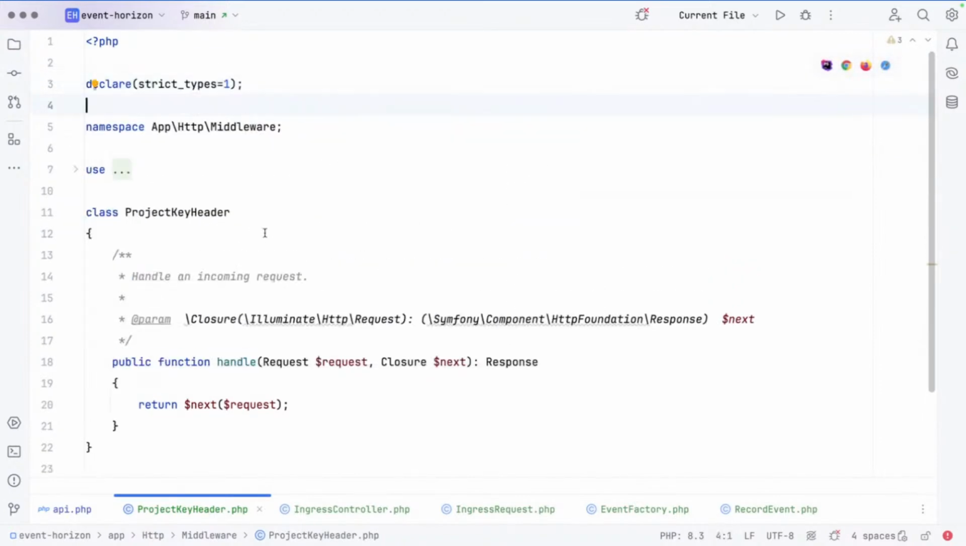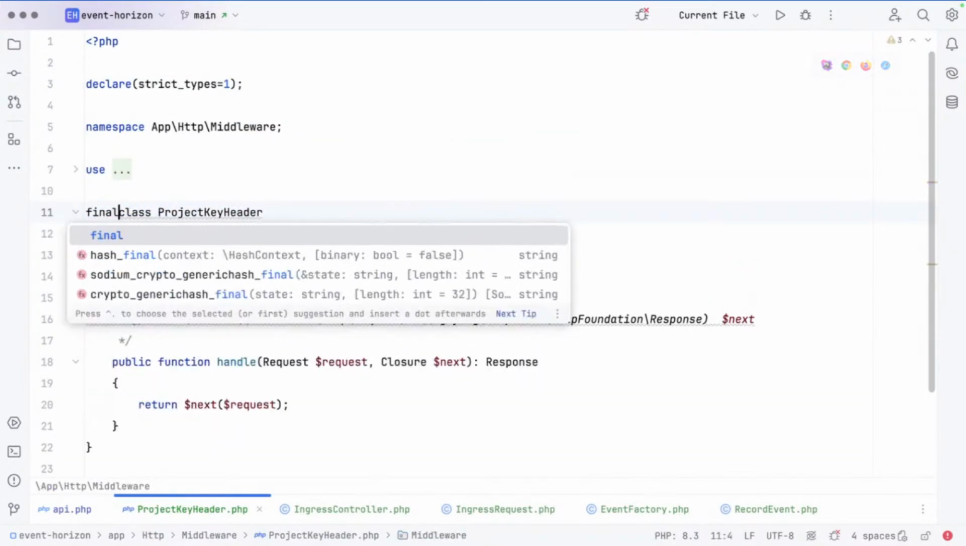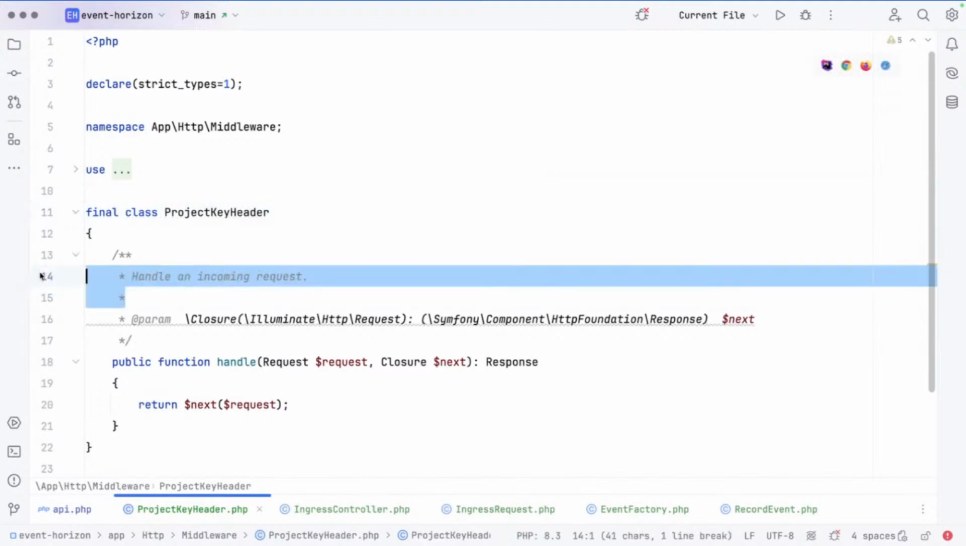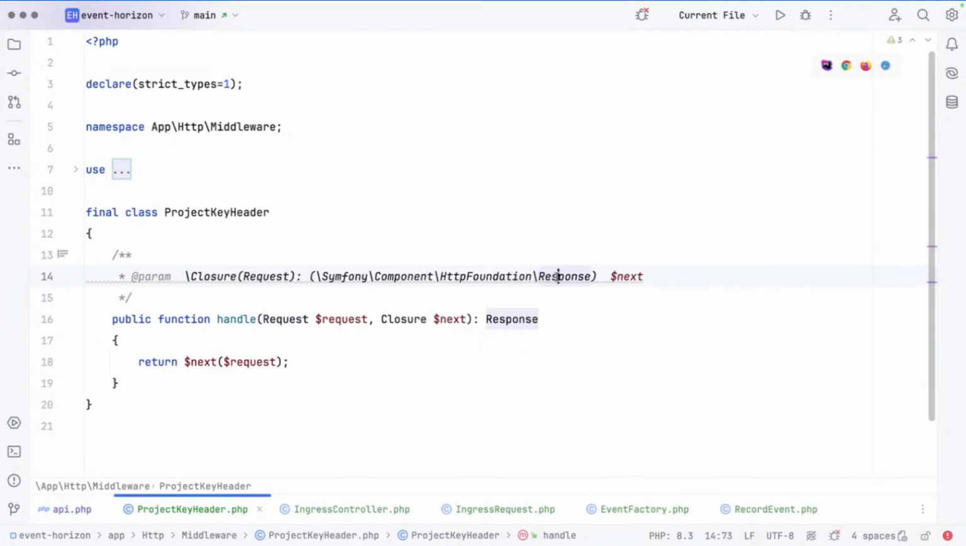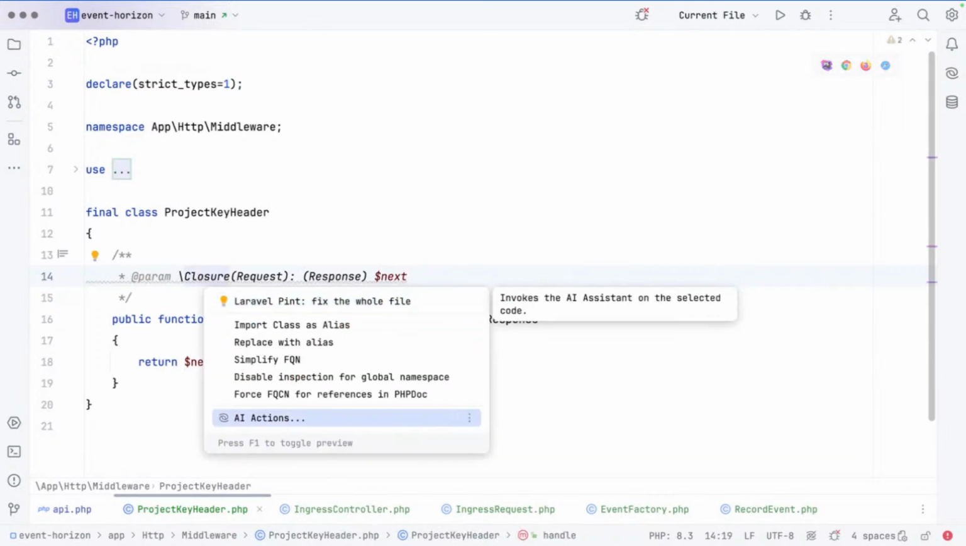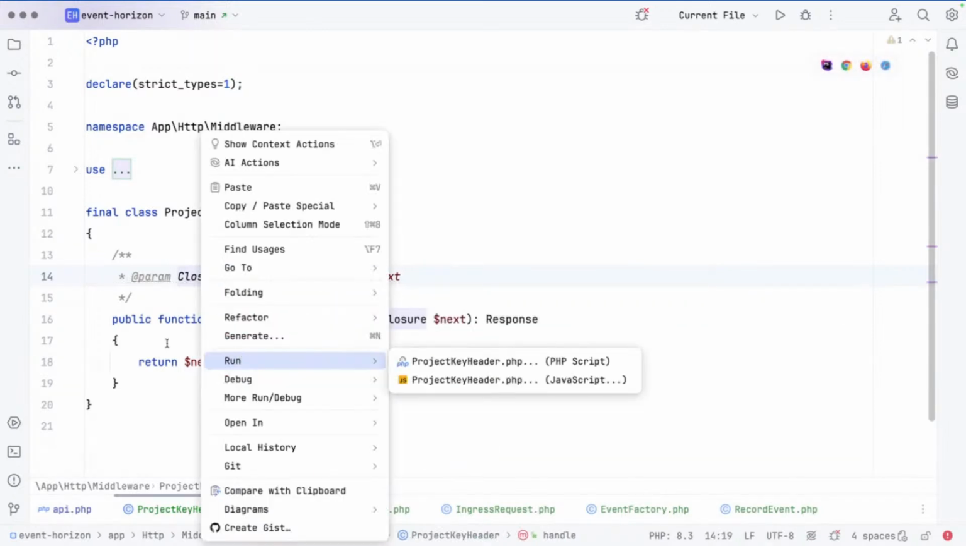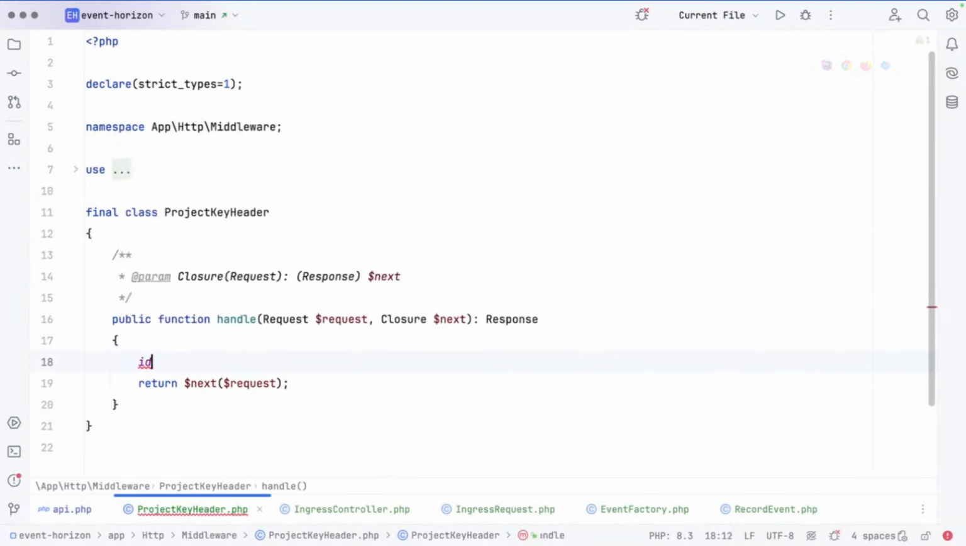Again, declare some strict types. Final. Drop this, and we're going to do that. Remove some of those spaces. Simplify that one. So if we do not have the header X project key,